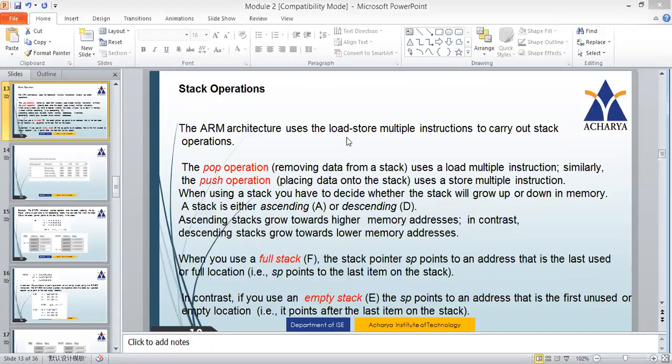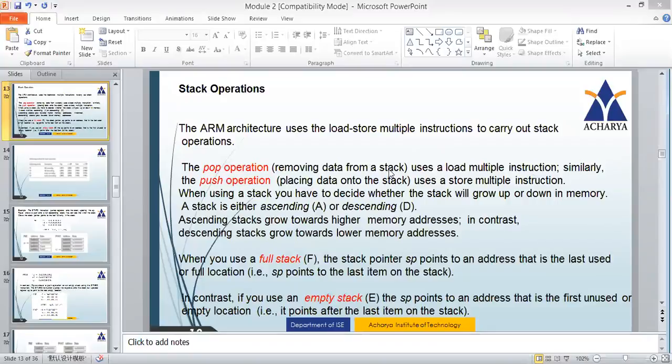So the same load and store instructions, whatever we have discussed, the same instructions we are going to use for performing stack operations. Now, the pop operation is nothing but removing data from a stack, and uses a load multiple register instruction. Before going to this, let me make it clear to all of you. Stack is memory.